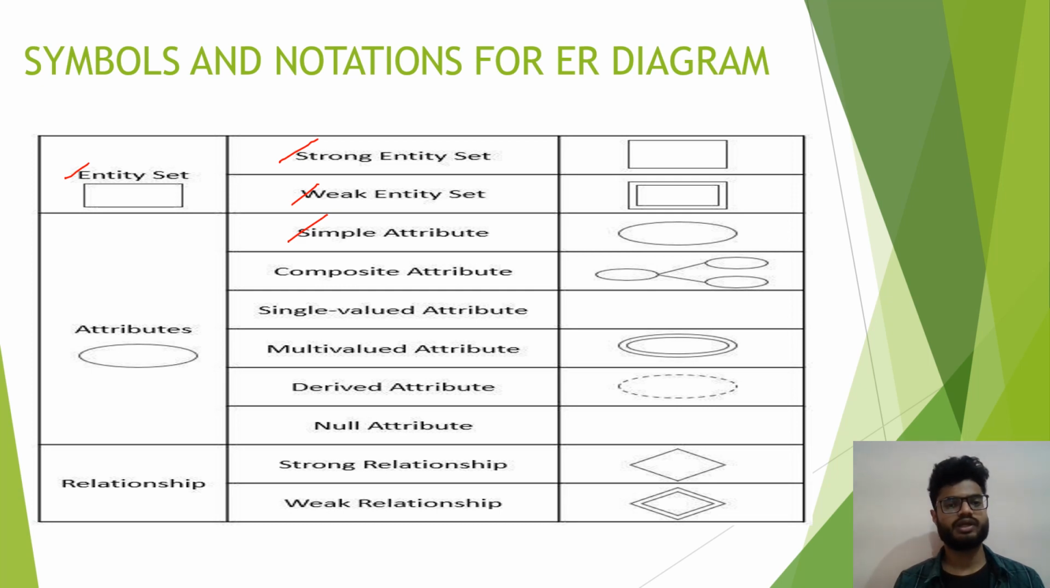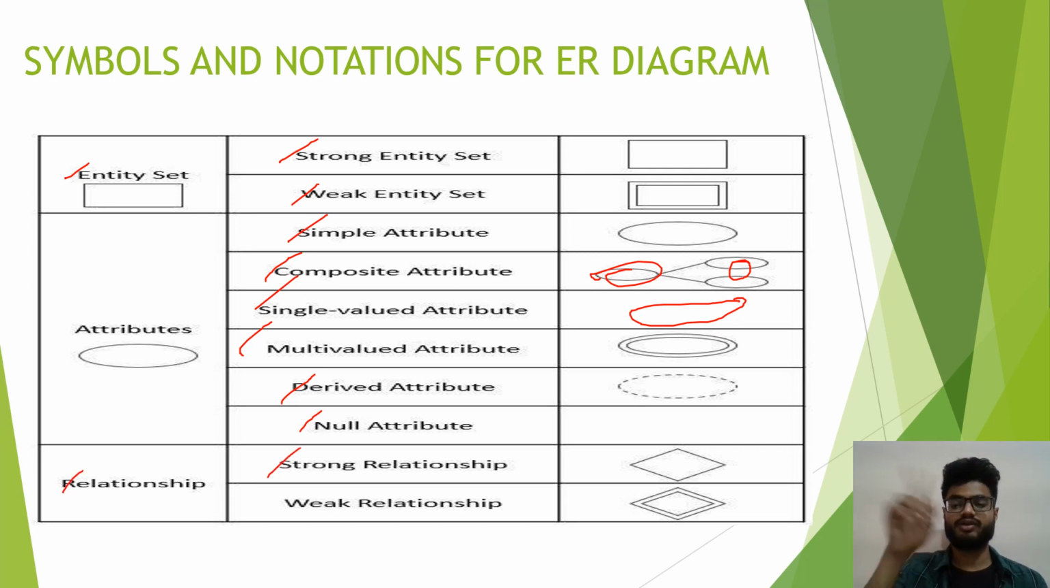and composite attributes consist of smaller attributes, which combine to make a single attribute. A single-valued attribute is also defined by only one single oval, and multi-valued attributes are defined by a double oval. Derived attributes are defined by dotted ovals, and null attributes are empty, so it's nothing. And relationships: a strong relationship is defined by one diamond or rhombus shape, and